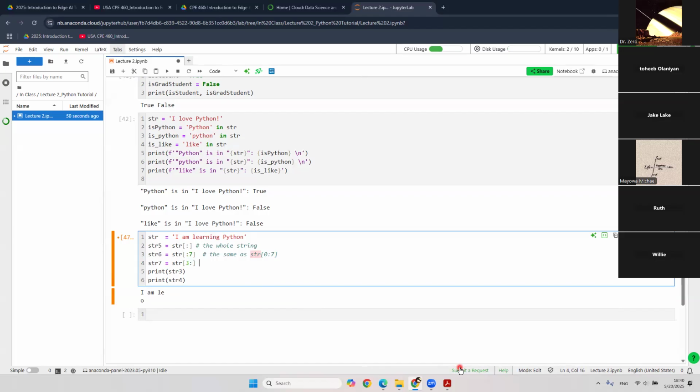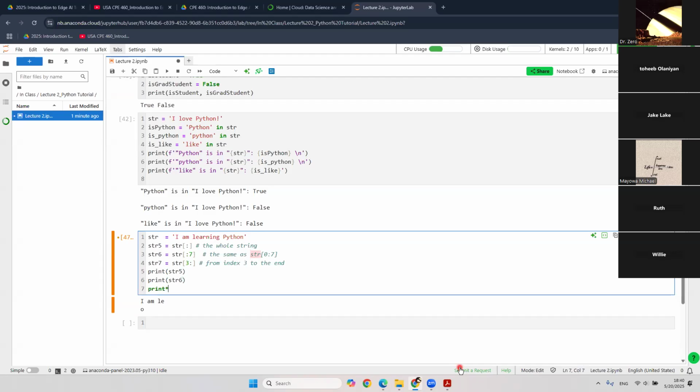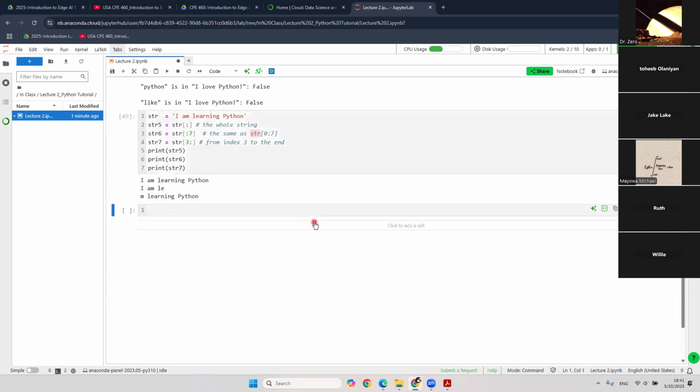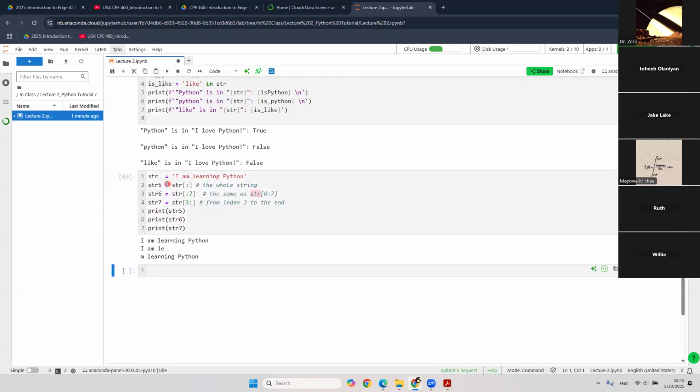3. So this means from index 3 to the end. Let's print them. 5, 6, and then print string 7. So wait, what is wrong? There's no T. So here we go. First of all, string 5 is everything, which is I'm learning Python. Number 6 is from the beginning to 7. Again, nothing means all. Then from 0, 1, 2, 3, 4, 5, 6,